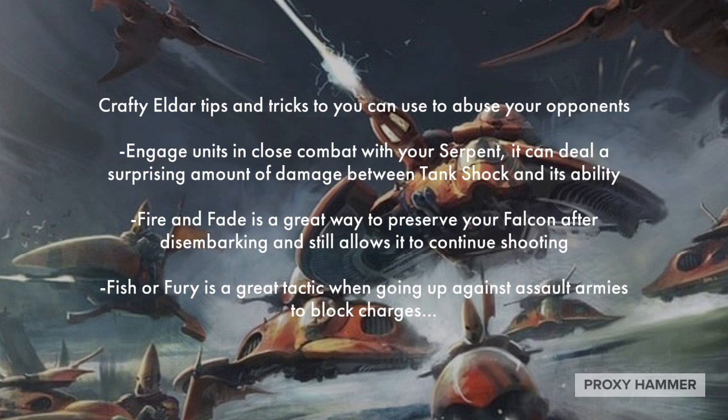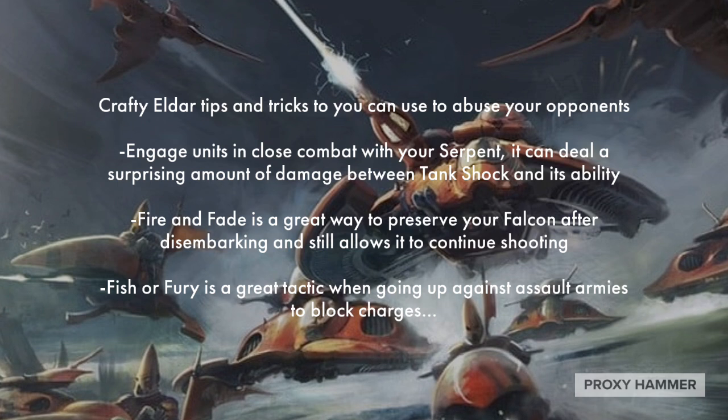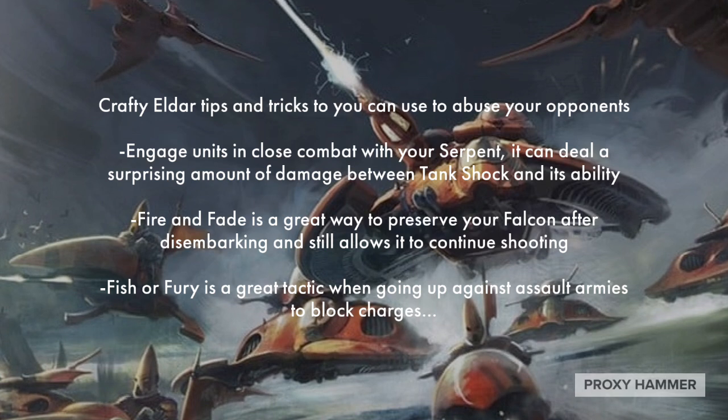So if you need to bully a unit off of an objective or something like that, the Wave Serpent can definitely do it. So don't be afraid of tank shocking with this thing and using its ability to clear things off of objectives. Fire and Fade is also a great way to preserve your Falcon after disembarking and allows it to continue shooting. Now, not so useful with the Wave Serpent because its shooting isn't that great,